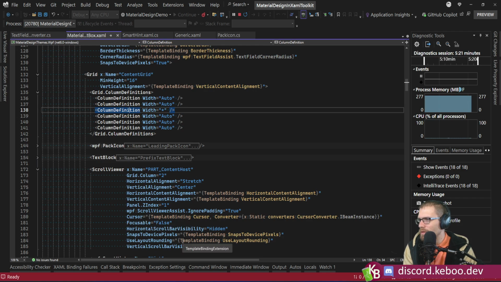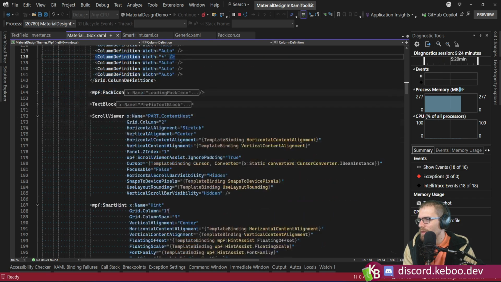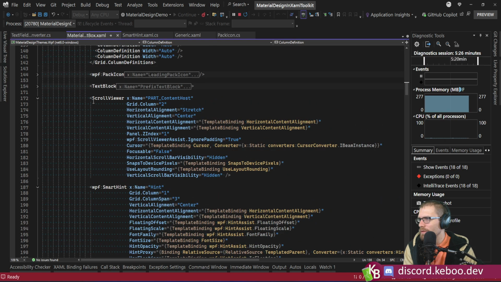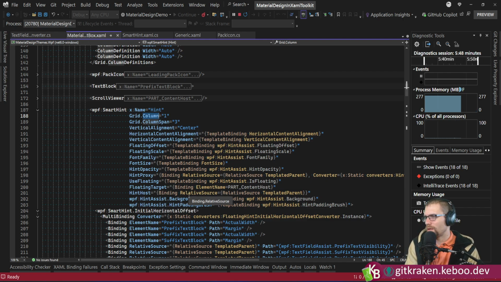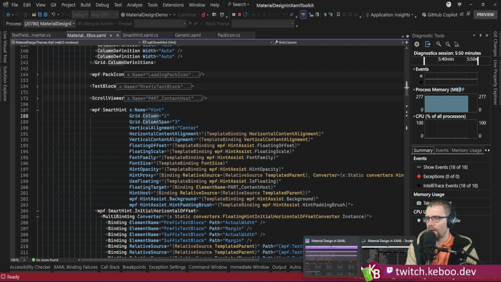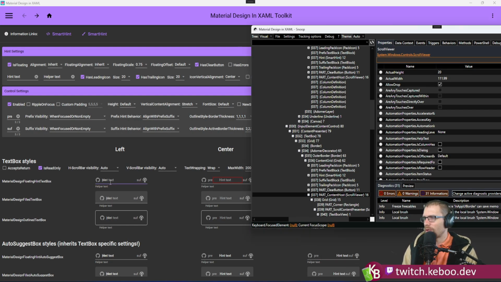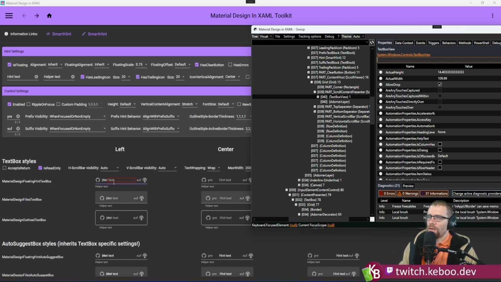How would you even get yourself... And then the scroll viewer, and then the smart hint. So the scroll viewer contains the content. The smart hint sits on column 1 and spans 3 columns. Okay, so the smart hint is spanning all 3 columns, which tracks with what we're seeing, right? When we look here, and that probably explains what's going on